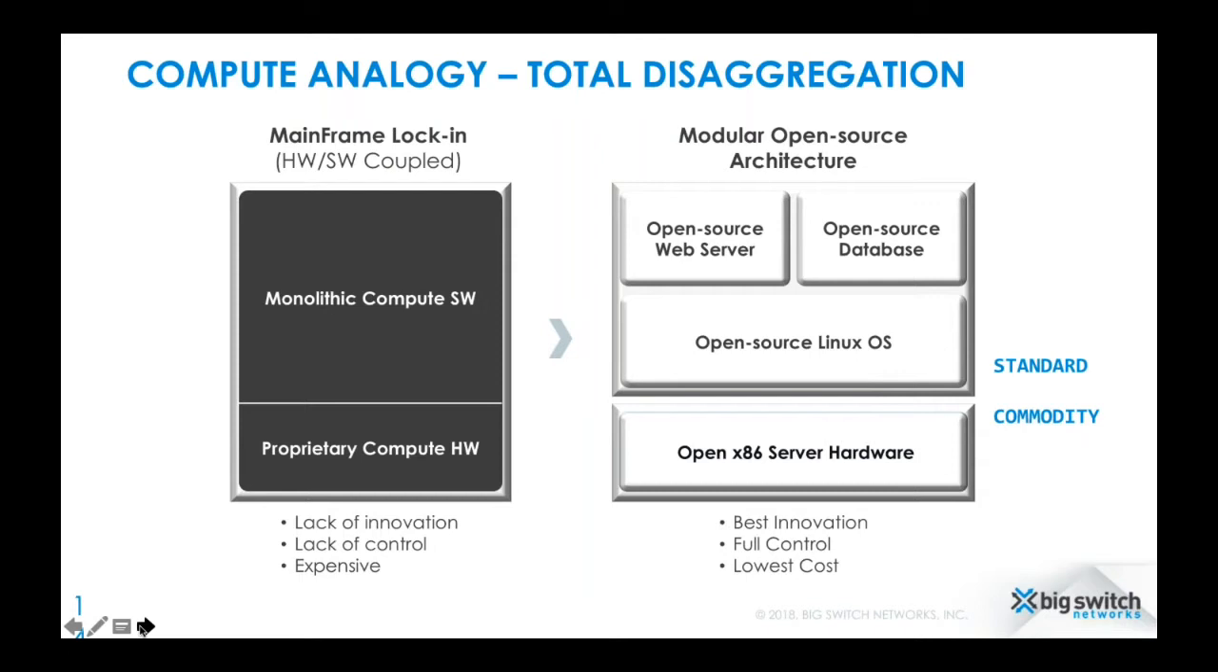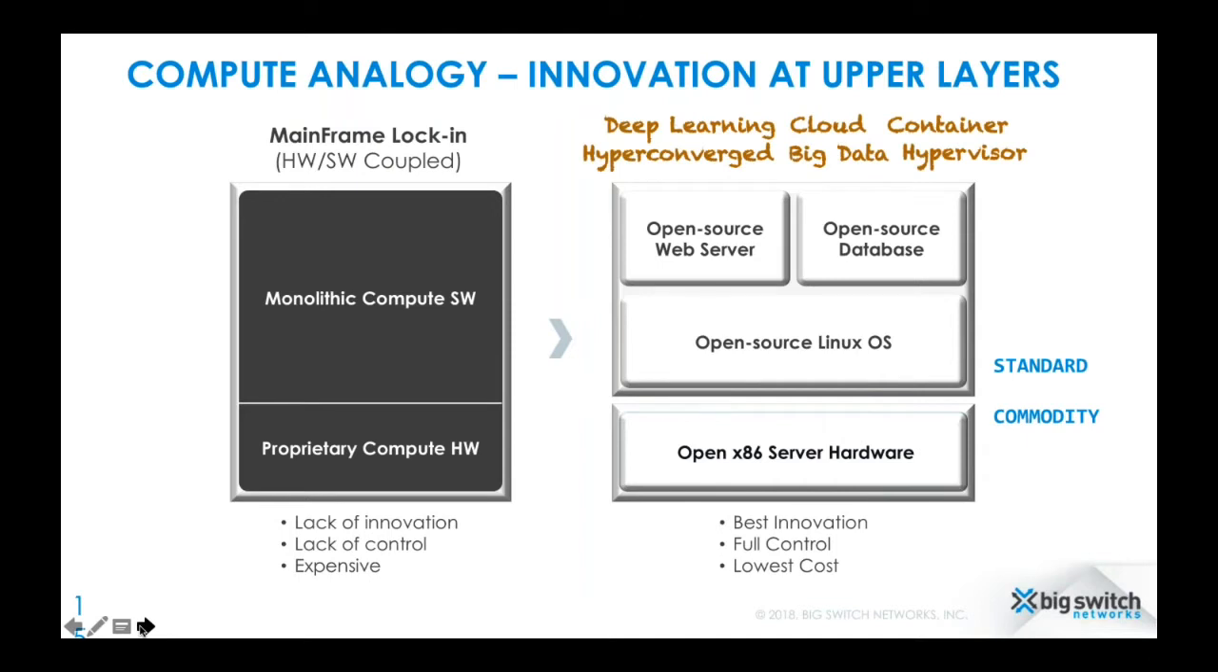Commoditization, standardization does not mean innovation stops. Yes, innovation reduces for the layers where standardization has taken place, and it bubbles up to upper layers of the stack. And so what we have seen is in compute, the innovation rose to upper layers of the stack, where we have seen hypervisors and virtualization, big data, hyperconverged environment with compute and storage coming together on the server,